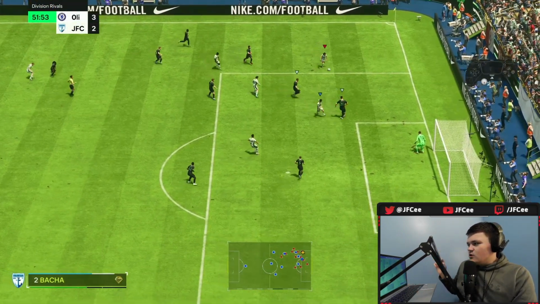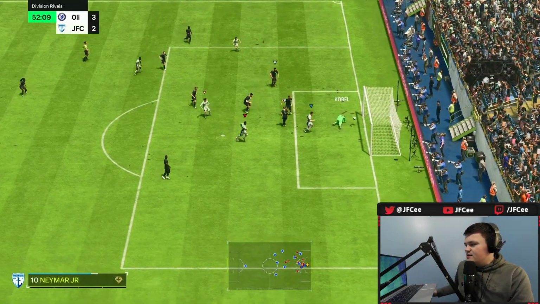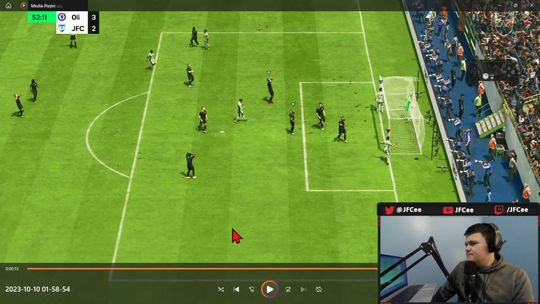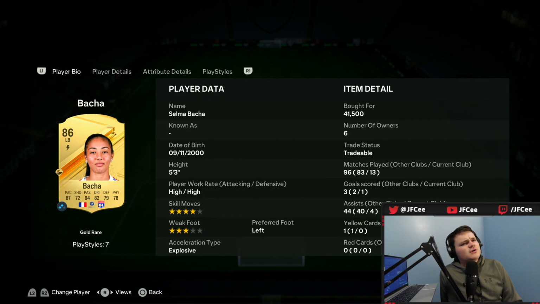But this one, see how close I am to her? It's just a perfect cross in, just a square, nothing else. Klose heads it straight to the keeper, unfortunately, but it luckily bounces right in. Whipped Pass Plus is crazy. And it's something that I would definitely give a try yourself, because yeah,